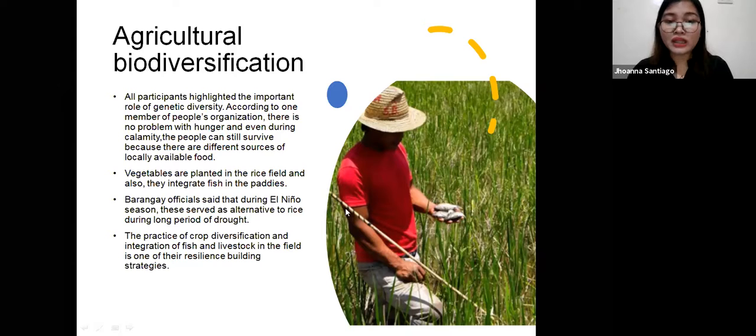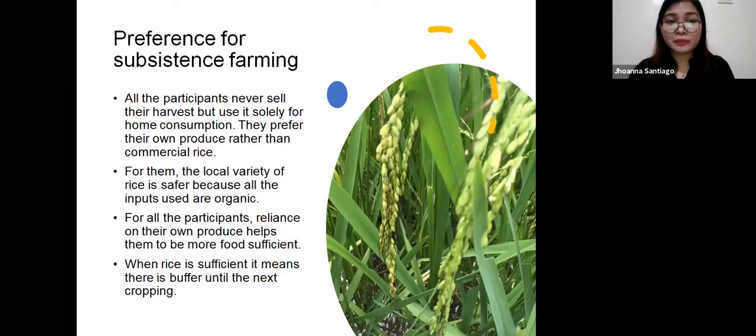It also serves as an alternative to rice during long periods of drought. Agricultural biodiversification is one of the resilience building strategies. Next is the preference for subsistence farming. Unlike our farmers in Luzon and other areas in the Philippines, who sell their produce so that they could have a source of income,